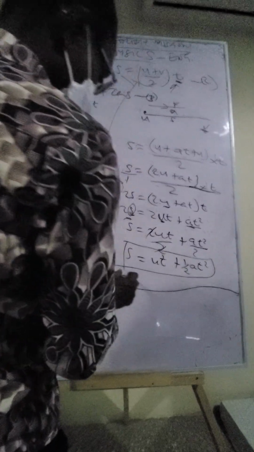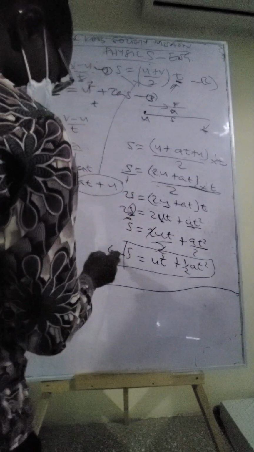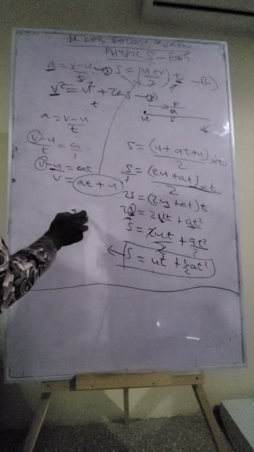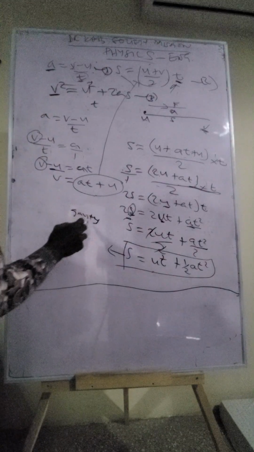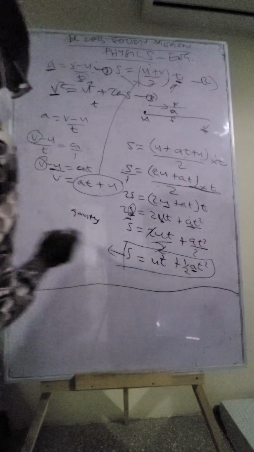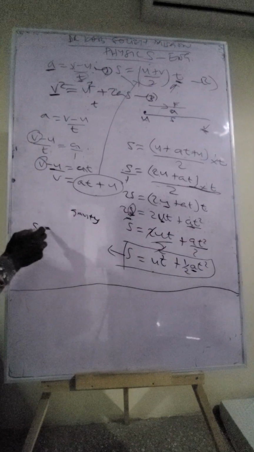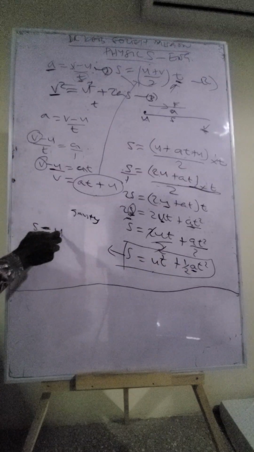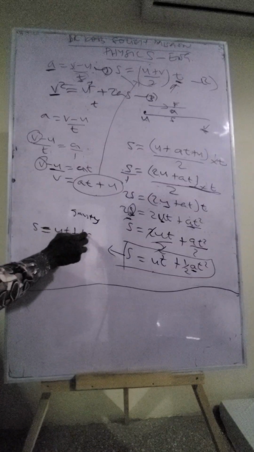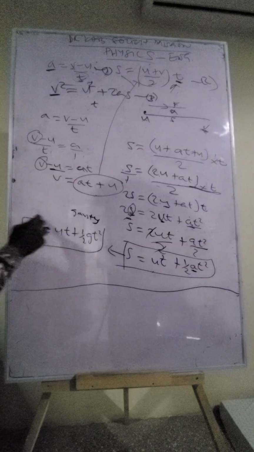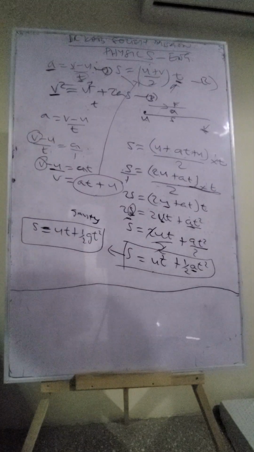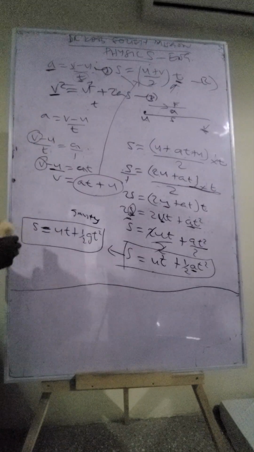If you are dealing with motion under gravity, then a becomes acceleration due to gravity. So s is equal to ut plus half gt squared. So in essence, we have these equations. We have 4 equations now. Right then. So now you should be very conversant with deriving